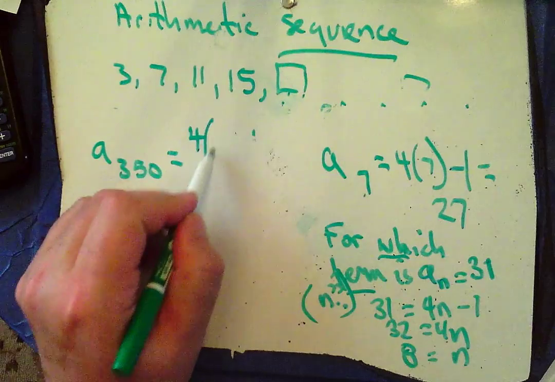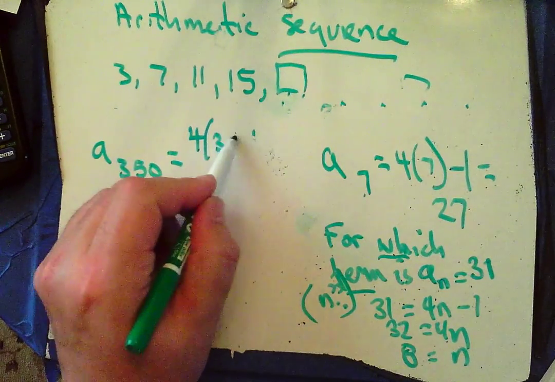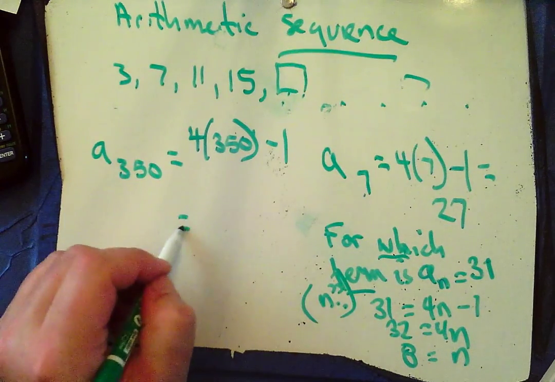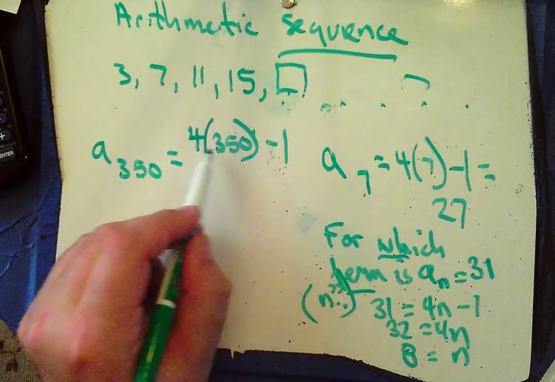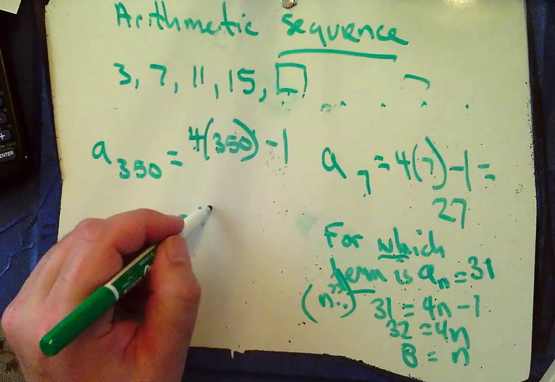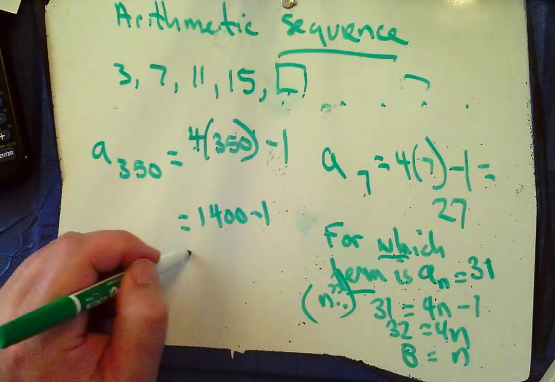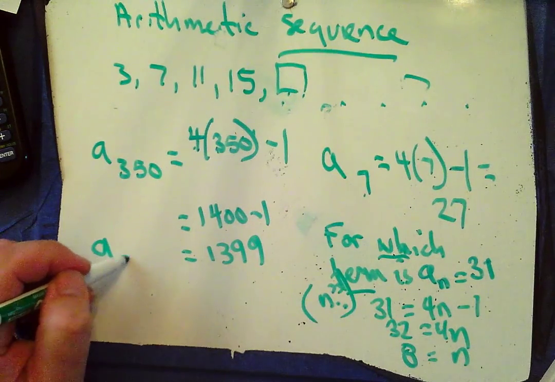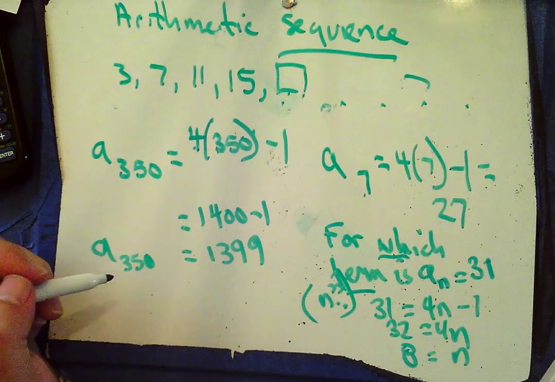But with this rule, I just have to plug in 350 and then subtract 1. So I'm going to have 200 plus 1200 is 1400 minus 1, or 1399 is the value of the 350th